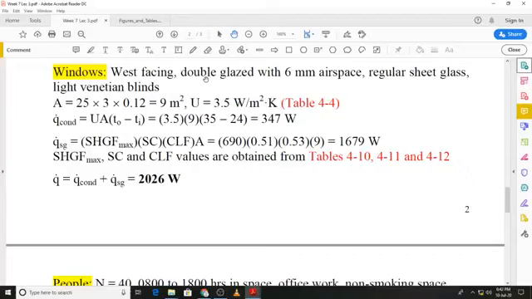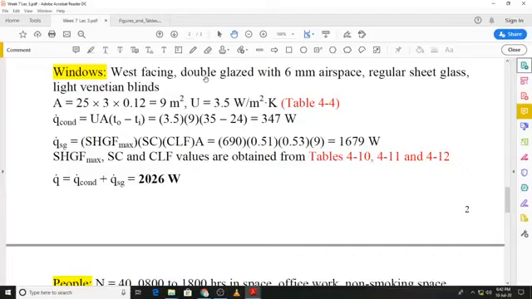The next part of the exterior heat gain is from the wall, and again the U value for the wall is given, and we are told that it is type F and it's a west facing wall. You will see that we need the orientation for the wall as well, and that is, it's a west facing wall. So in the figure you can see the 25 meter by 3 meter wall is the one that is